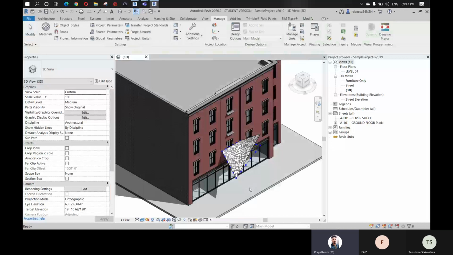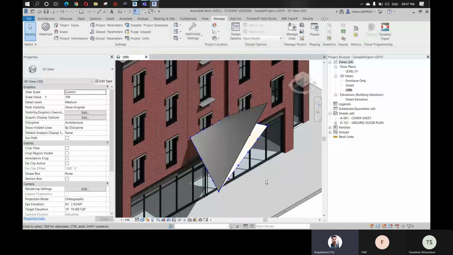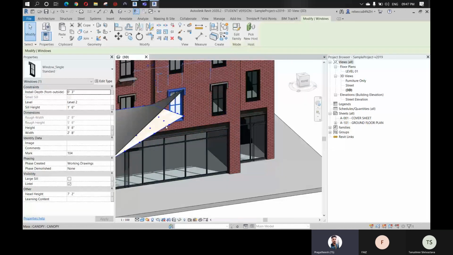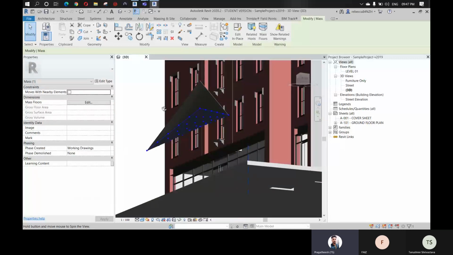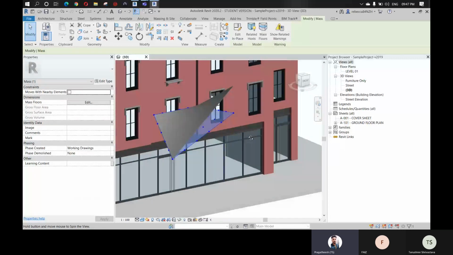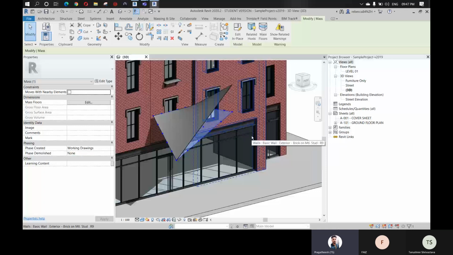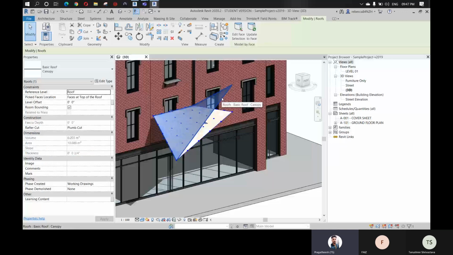I think it's reloaded. Okay. So now we can see the reloaded new shape of the canopy, right? Okay. So now the SAT file is updated, but the Revit surface that is hosted to the SAT hasn't moved yet. Okay. So click the roof surface and give update to face.